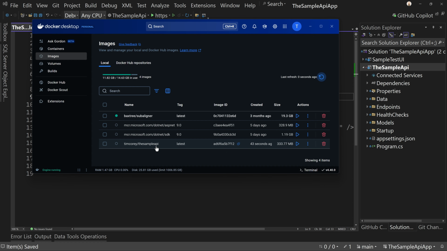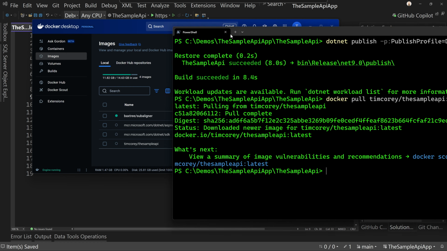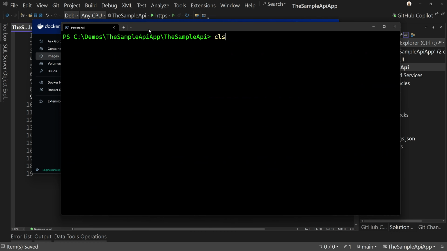So that's pretty much it. That's how we would publish both locally to a container as well as publishing to a Docker Hub. We could publish other places as well, for example, the Azure Container Registry or other places. But this is also how you would access my image. So again, if we clear the screen, if you have Docker installed locally, run this command: docker pull timcorey/thesampleapi:latest. You get the latest version of the sample API on your machine